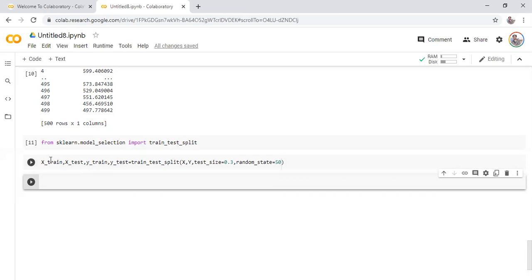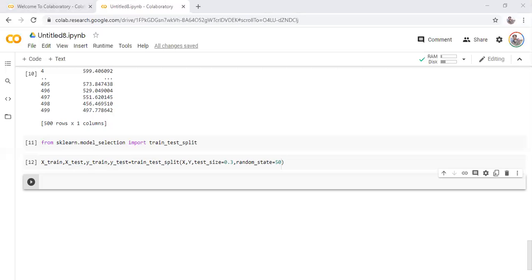Yes. So basically, X train and Y train we will be using to train our model. Then using X test, we will predict some values. We have created a model, and in that model we have to pass some actual values, right? When we pass the actual values, the model will give me some predicted values. Then we will compare the predicted values with Y test, which is the actual values.